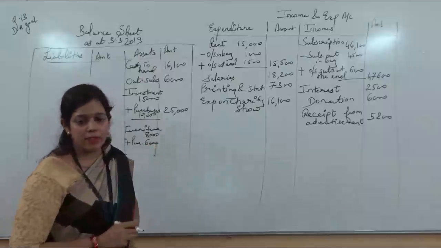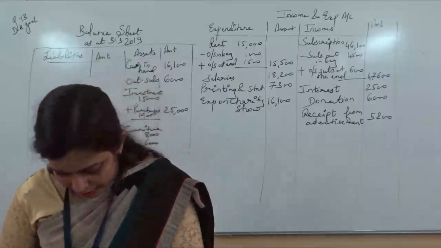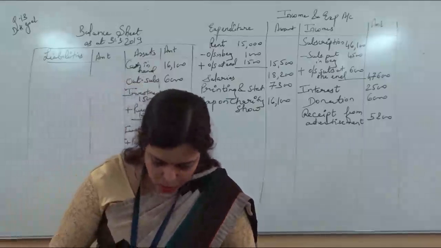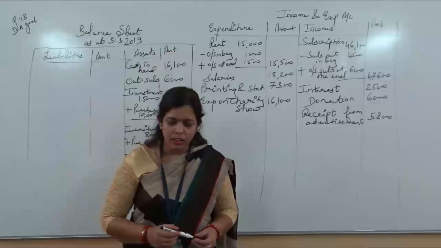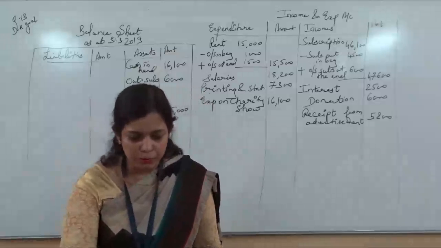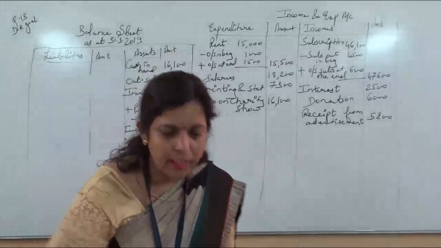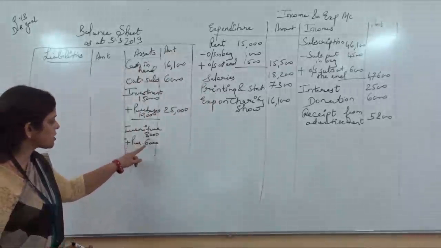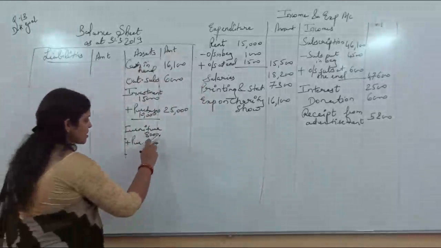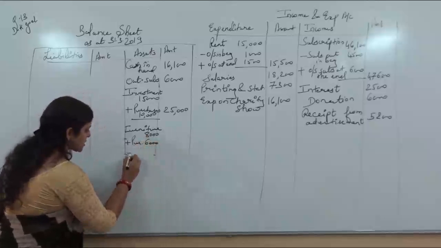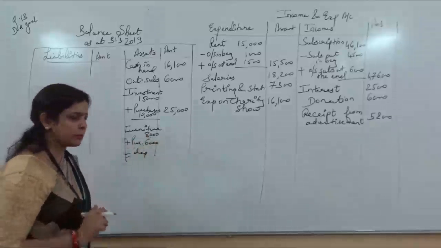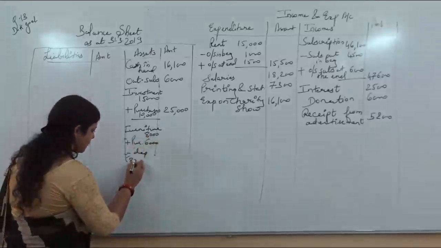Now regarding the depreciation. Since you can see a date is given for this purchase, they are saying that this purchase was done on 1st July 2017. So depreciation you have to charge separately. Charge 10% on this 8,000. How much will it be? Less depreciation you have to do. One is on this 8,000. Take out the 10%. You will get 800.